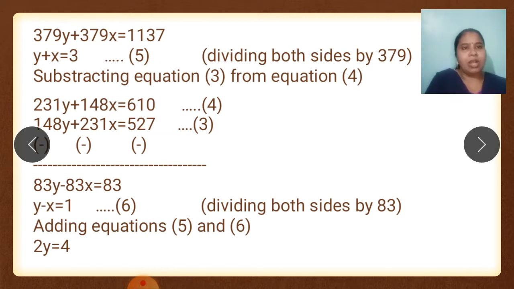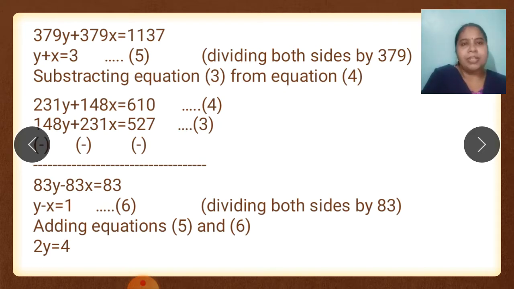Now addition is over. After this, what I have told you? Subtraction. Correct? Subtraction, that also we have to take these two equations. Which one? 3 and 4. Okay. Now while writing also, you can do this change. Instead of taking 3 first and 4 afterwards, see which coefficient is greater. Here 231 was greater and 148 was lesser. So I am writing equation number 4 first and then equation number 3. Okay. No hard and fast rule that 3 has to be written first and then 4. See which number is greater here and accordingly, so that we don't get anything in minus. Right. So I have written like this.